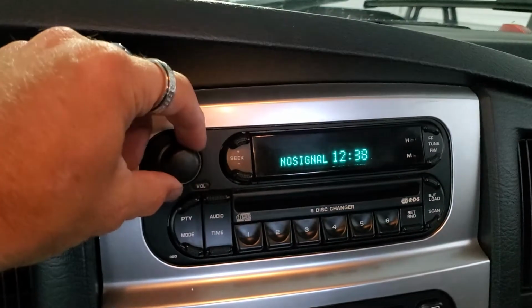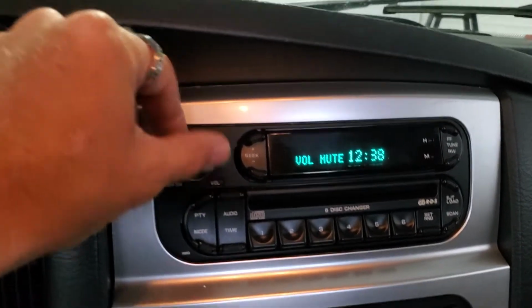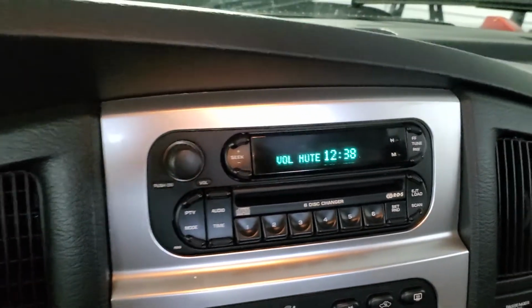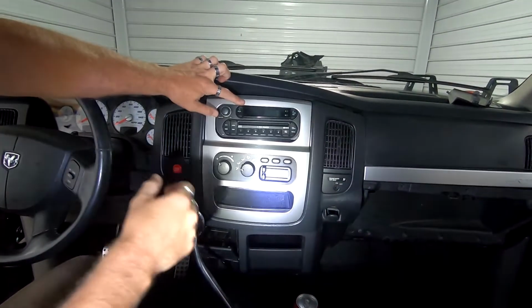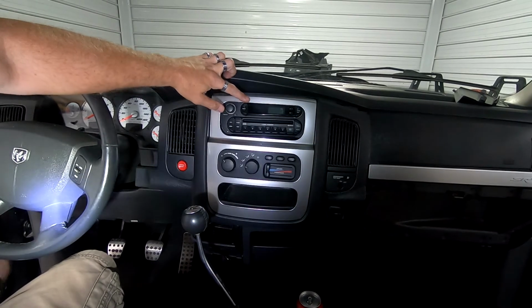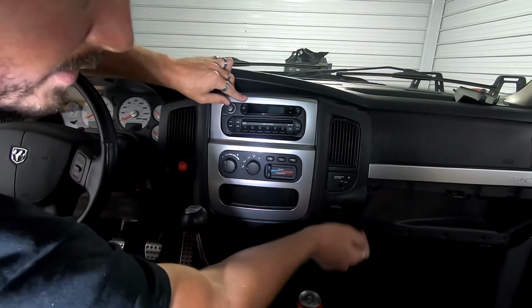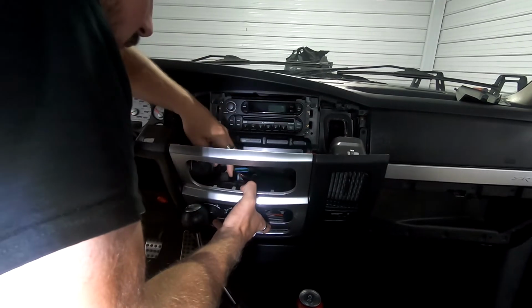So the factory radio, when you try to do this, the volume button doesn't even do anything. The factory radio is just junk. All right, we are going to take this whole bezel off, which basically there's a screw right here. You take that out, then you unsnap this piece here, and then you're gonna have